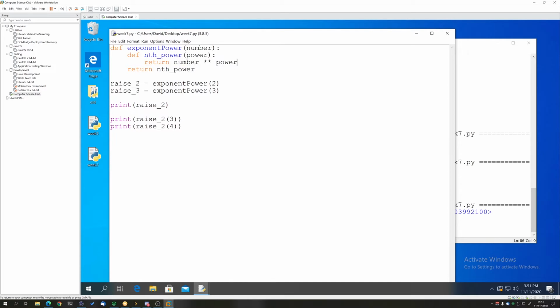So whenever you're defining any type of function, you have read-only access to the scope above it, whether that be the function above it or the global scope. This allows you to get information that's kind of hard-coded inside your function, but not really, because you can change it dynamically with your code. So for example, now if we were to also do raise_3, we could say 3 to the power of 2 is going to be 9 here.